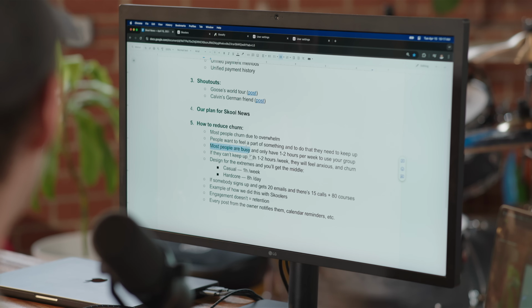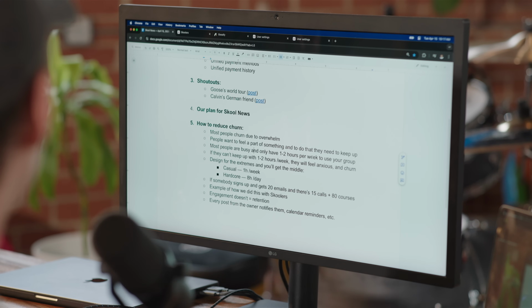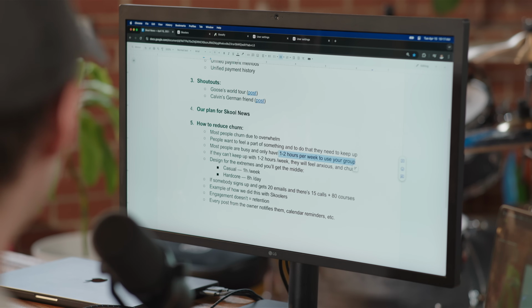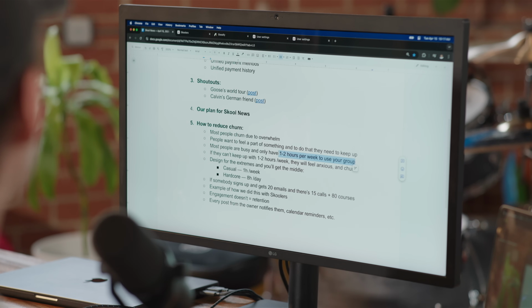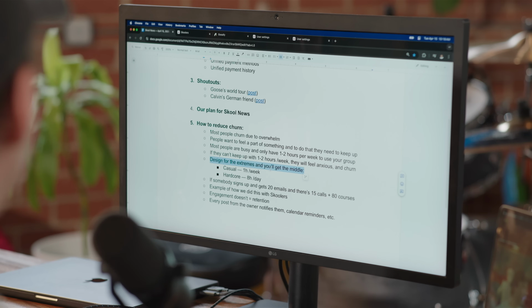They've got jobs, children, and other things that they're doing, right? And most people only have probably 1 to 2 hours a week to use your group, right? I'm not saying everyone, but most people. And if they can't keep up with 1 to 2 hours a week, they will feel anxious and they'll churn, right? And so I think the key to this is to design for the extremes and you'll get the middle,